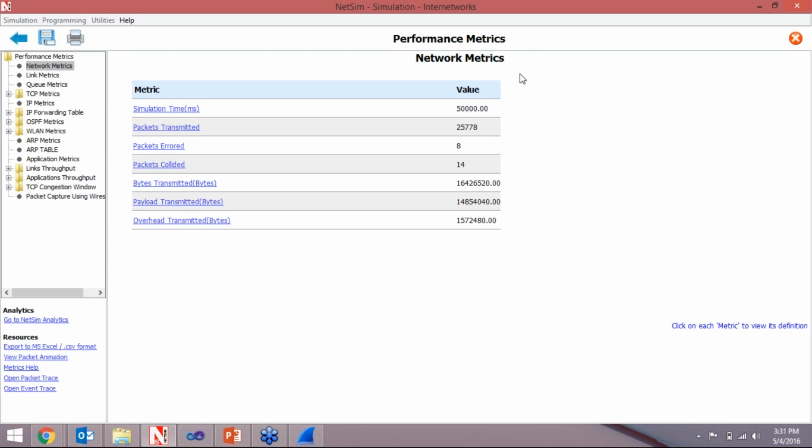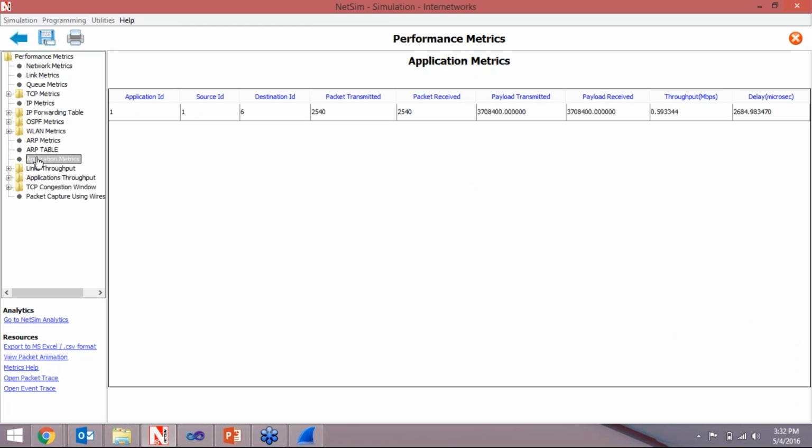Simulation is over. So after the simulation, as I've told you in the presentation, it will create a performance matrix in which you will get network matrix, link matrix, queue matrix, then application matrix, device matrix. So various matrix it will create. In application matrix, you will get the overall throughput. Your overall throughput is 0.59